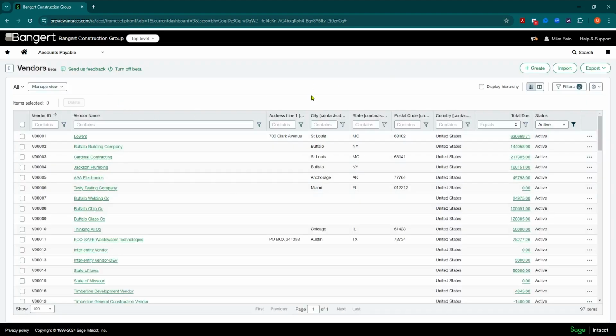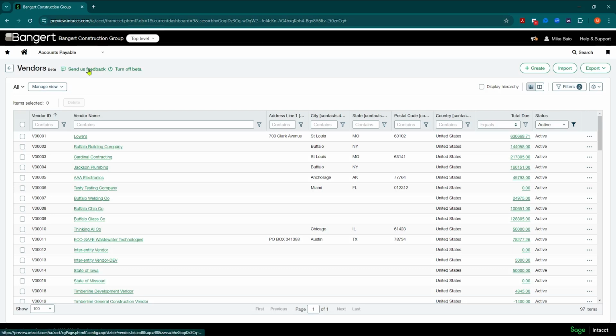This is the new list enhancements view that eventually will become standard in the system. But what they want you to do is play around with it, test it, and provide feedback. So as you're going through this, if there's something in there that you like about it, let them know. If there's something you wish they had that's not there, let them know.